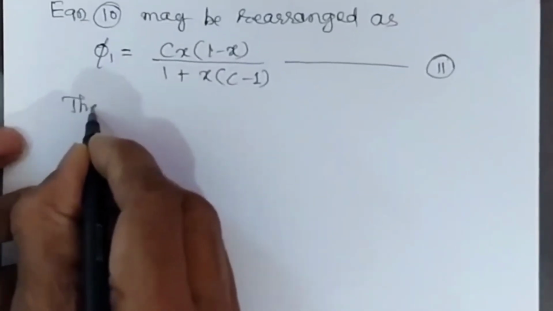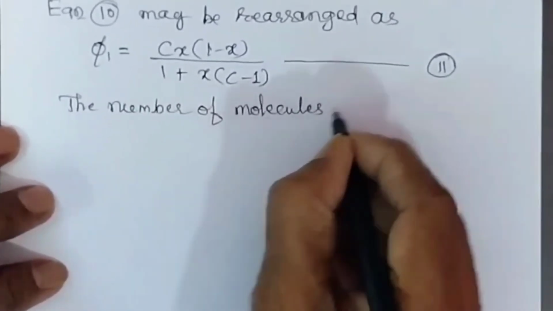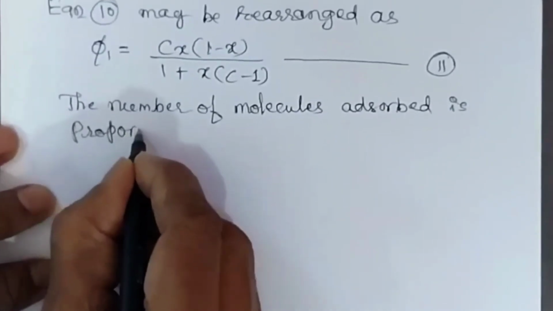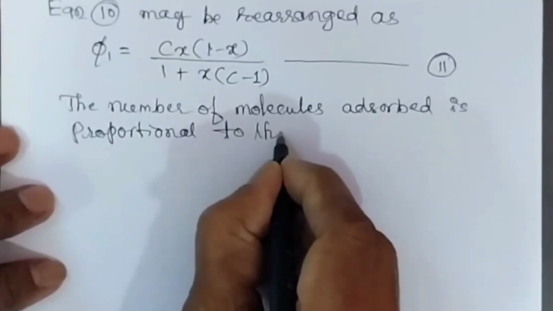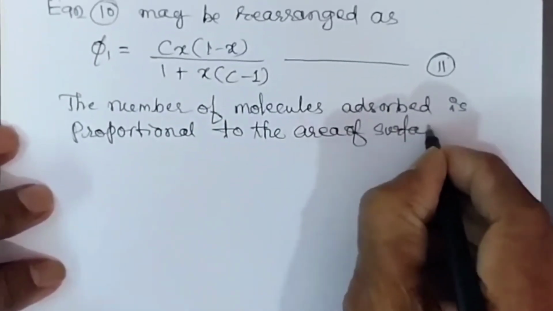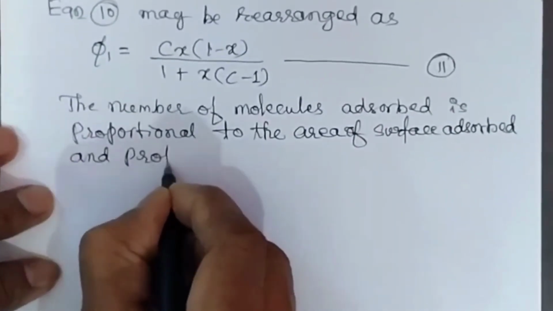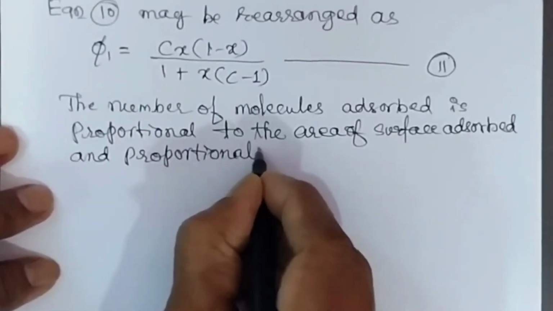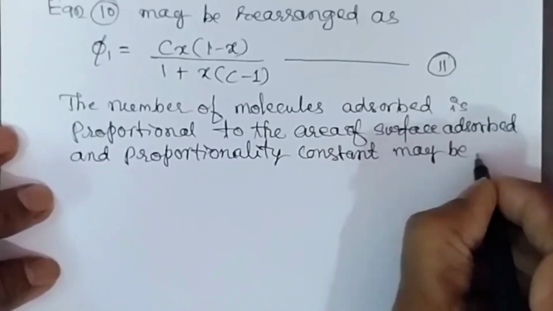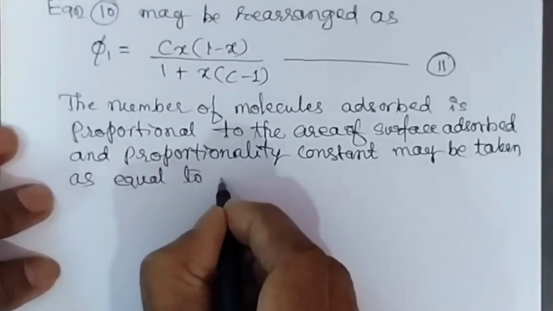Now, the number of molecules adsorbed is proportional to the area of surface adsorbed and proportionality constant may be taken as equal to Cs